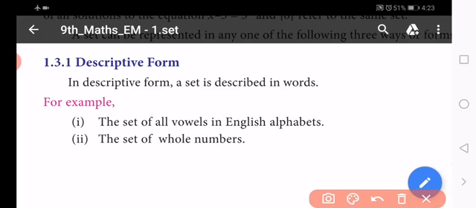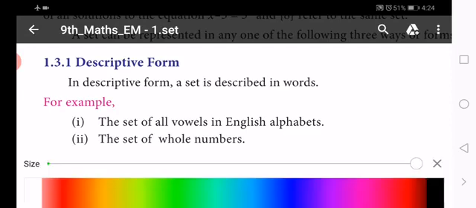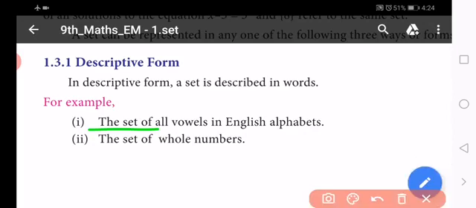That's all. Descriptive form means which word is very important? The set of. The set of all vowels in English alphabets, the set of whole numbers. Some examples: the set of all natural numbers, the set of